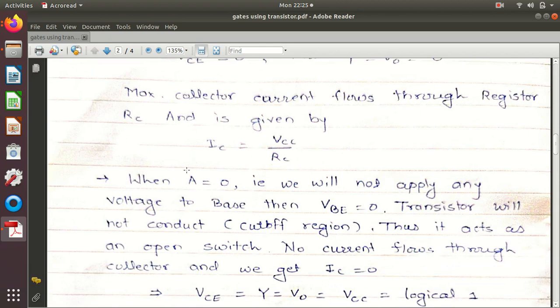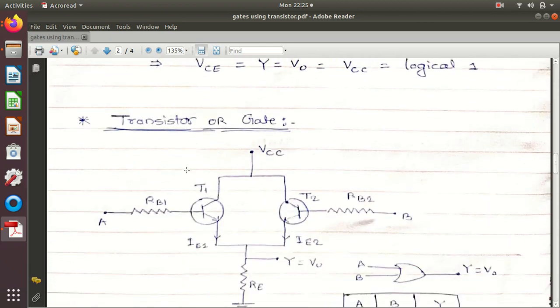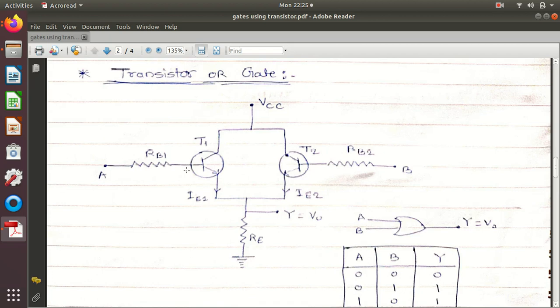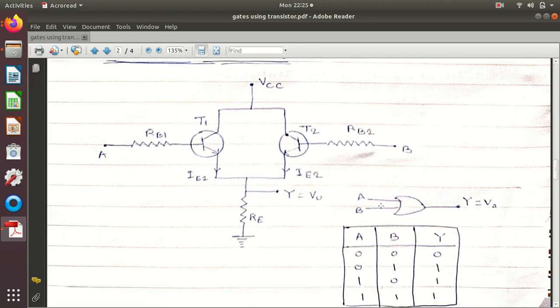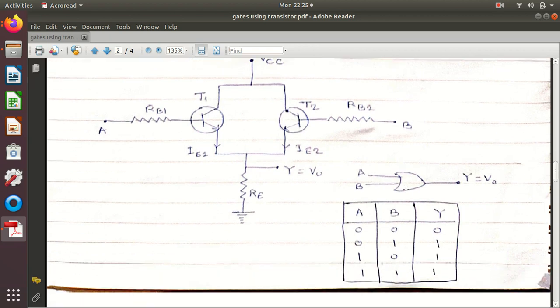Now, next to this, we will see how we can construct an OR gate by using a combination of two transistors. This is the symbol of the OR gate, where A and B are inputs and Y is the output. The working of the OR gate is something like an algebraic summation, such that